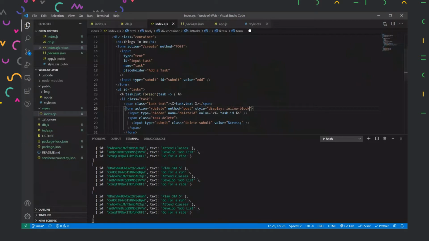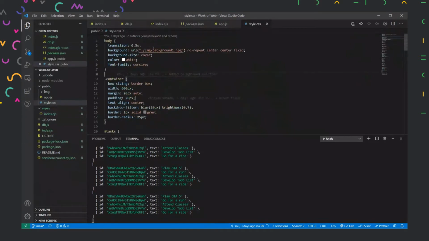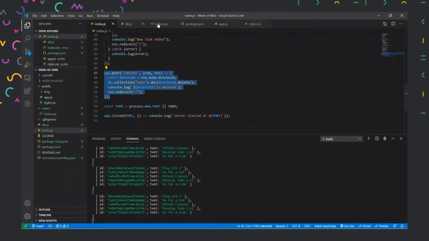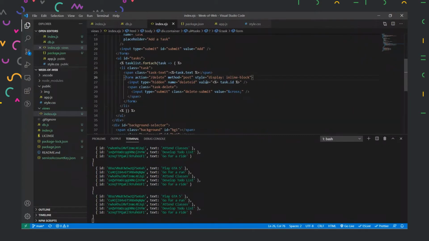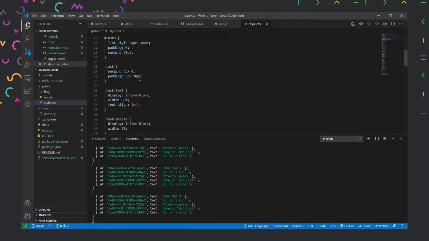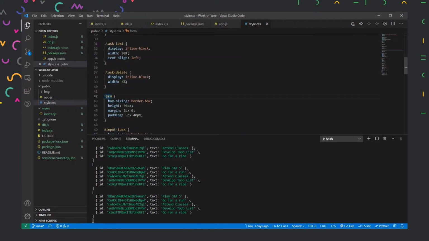Let us check our CSS now. So here, this is the task text, and this is the delete item, and the delete item has the inline-block property. Okay, and yes, I have selected this form here, so that is selecting that form as well.